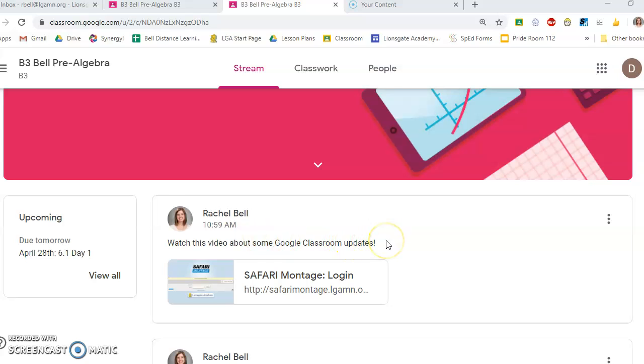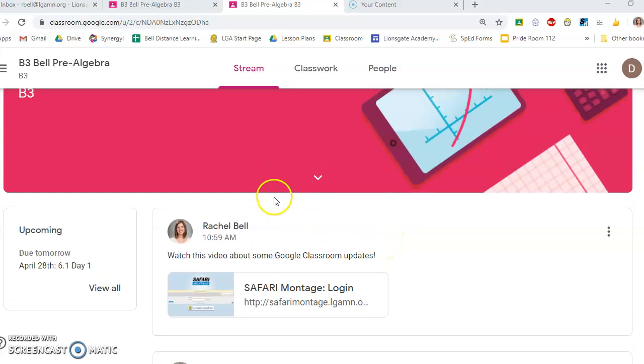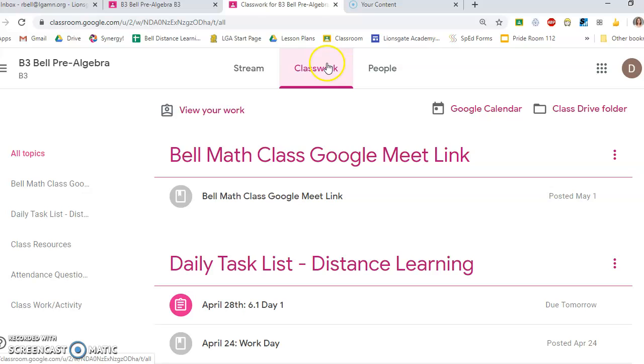This will include announcements, and then also every class period I'll post our daily agenda, which is primarily just to follow the task list for the day. But where can you find that task list? As you did before, in the Classwork tab,